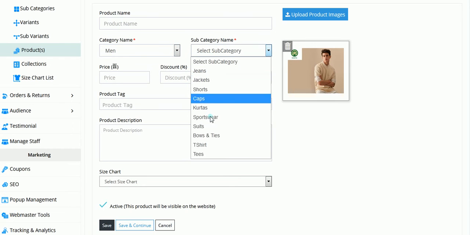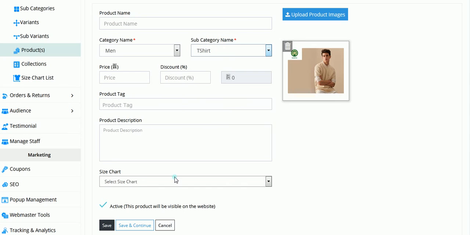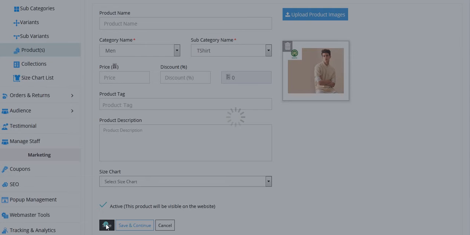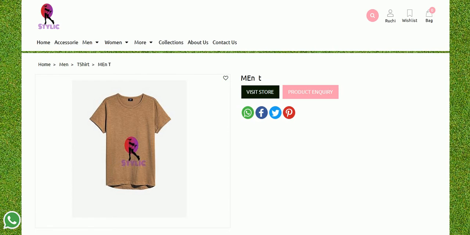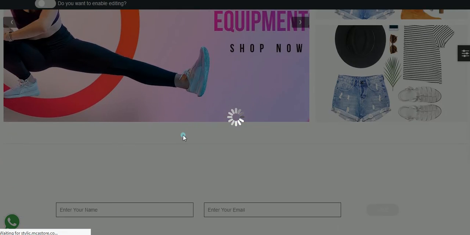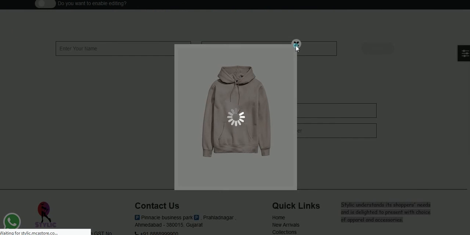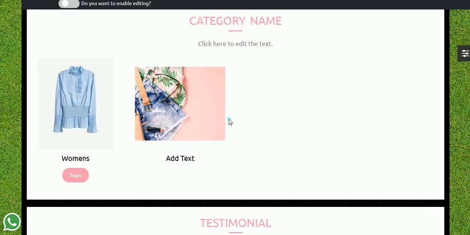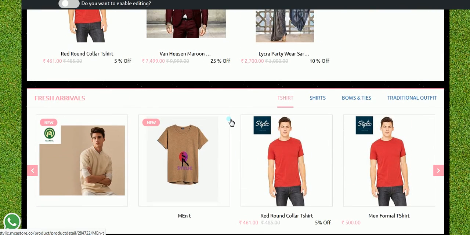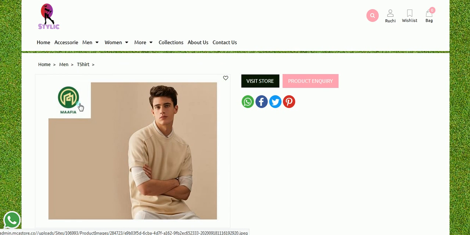Again select the category and the subcategory, and just save it. Go to your website, refresh it once. Here you can see the image. You can see the image is uploaded as a watermark onto the product. We will just click on the product also, and we will see it properly here.